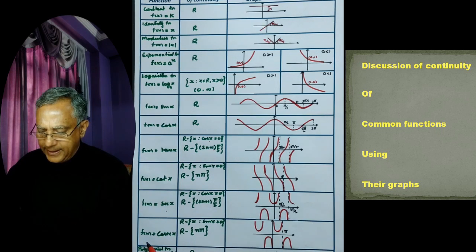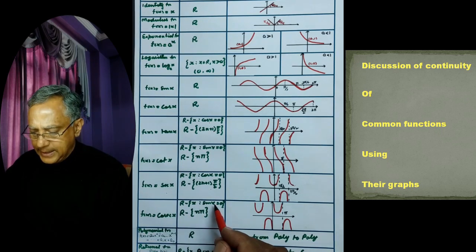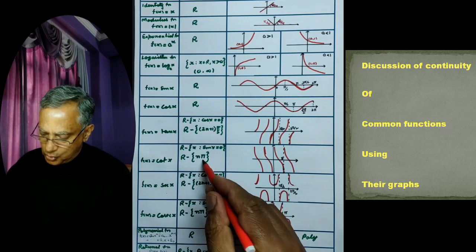And next is f(x) equal to cosecant of x. Cosecant of x is 1 by sin x. Sin x must not be equal to 0. So you will have to leave those points where sin x is 0, that is n pi, same as this. So the graph is,